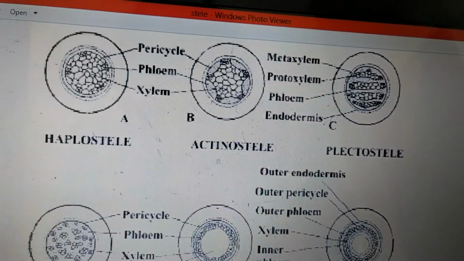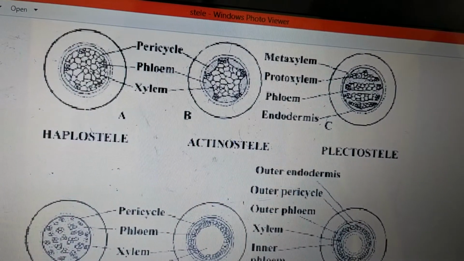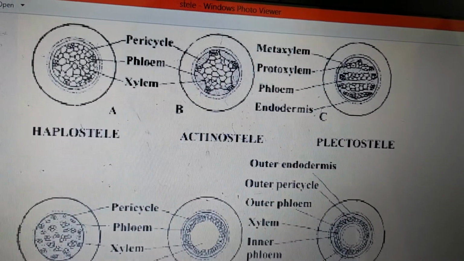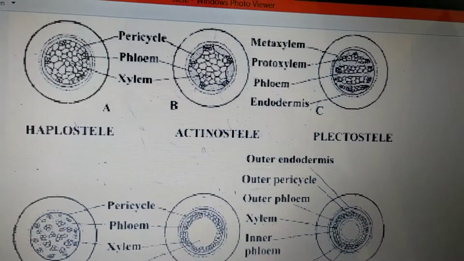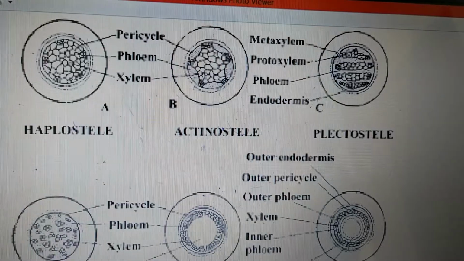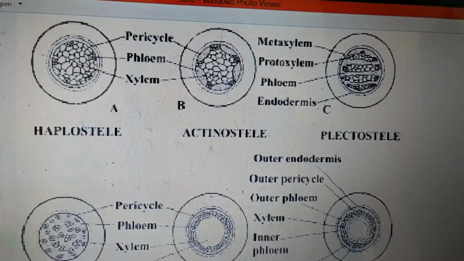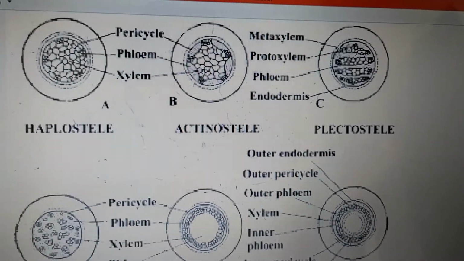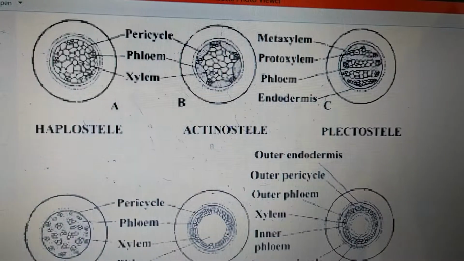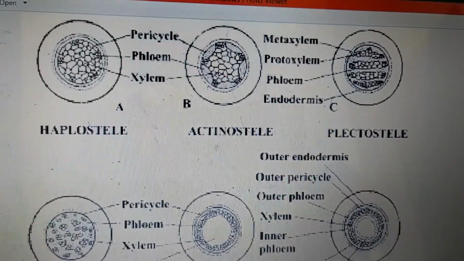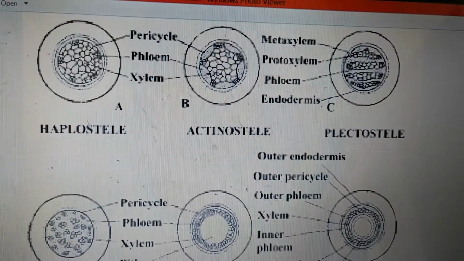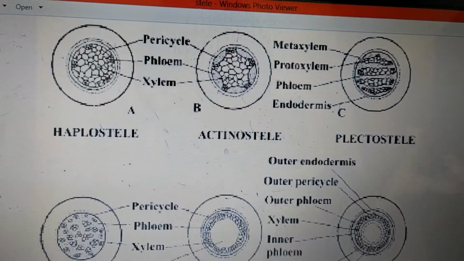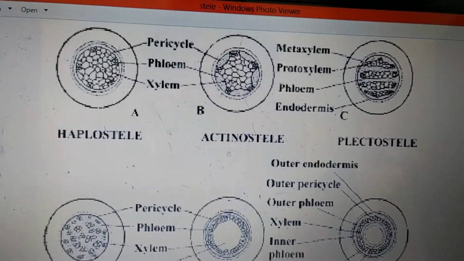It consists of a solid core of xylem surrounded by phloem, and there is a complete absence of pith here. In our last video we saw that the different types of stele are based on the presence or absence of pith. So in the first type, that is protostele, there is a complete absence of pith, the central part. Protosteles are the most primitive and originated some 400 million years ago. They are commonly found in Selaginella and Lycopodium. These plants are not fossils; they are even seen at present.